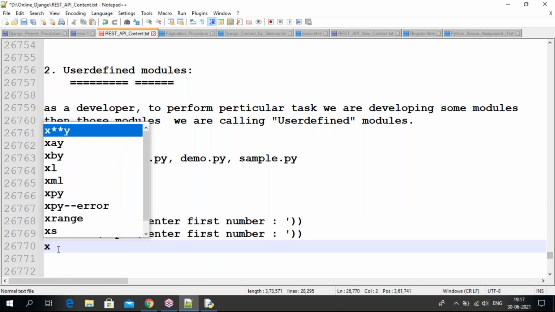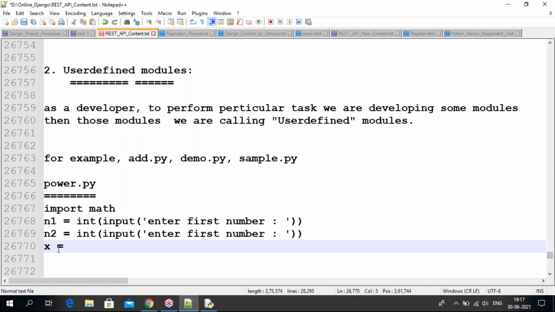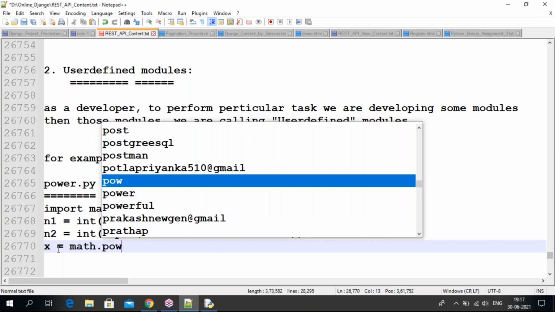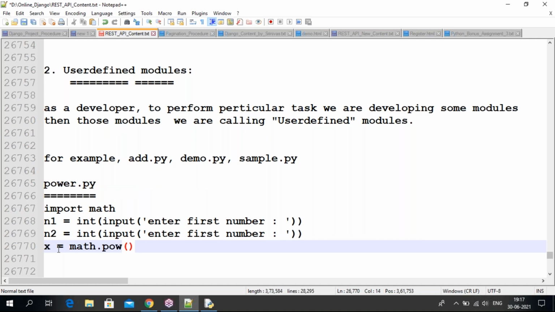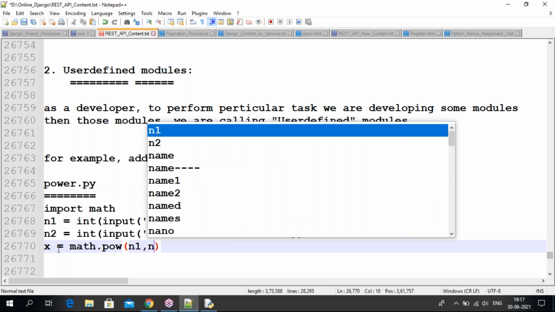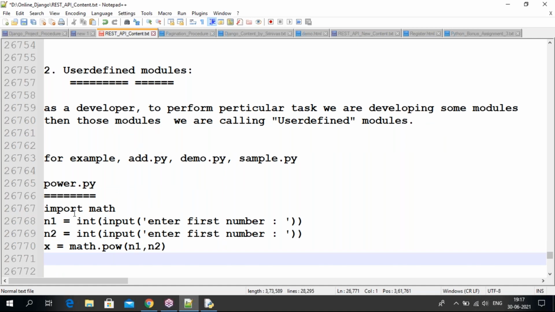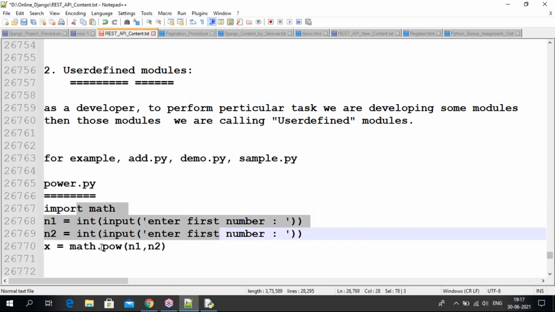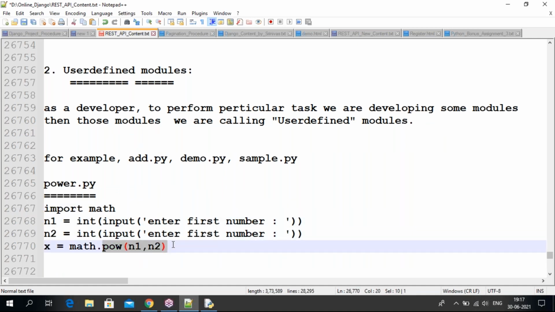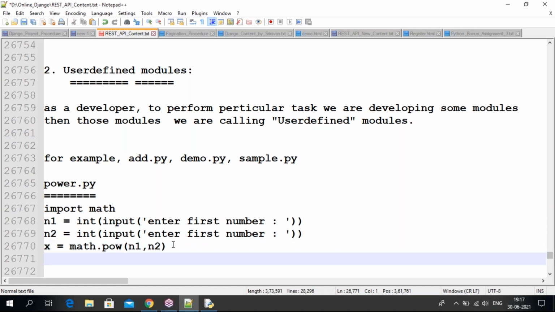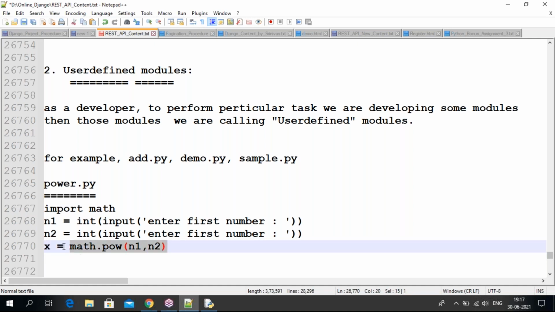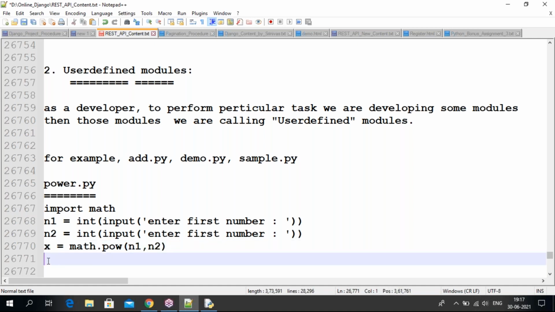So x equal to math, this module dot, we have the pow function here. So power of n1 comma n2. The user can enter any value, guys. So here I'm taking the power method n1 comma n2. Now we get the result here. That result is assigned to the x variable, and I'm going to print it.